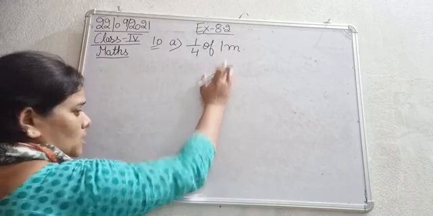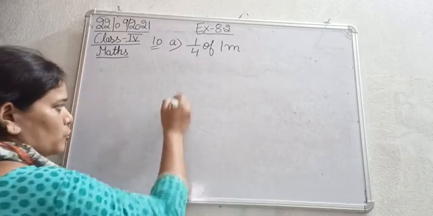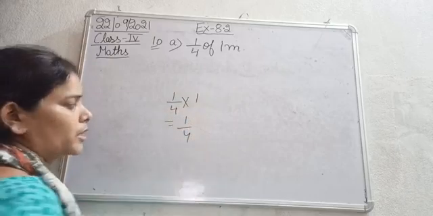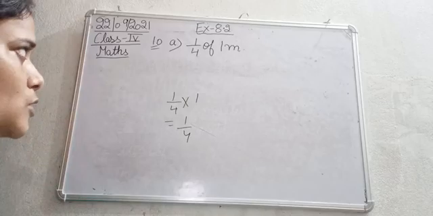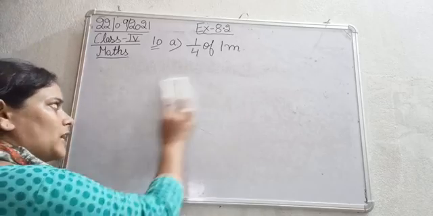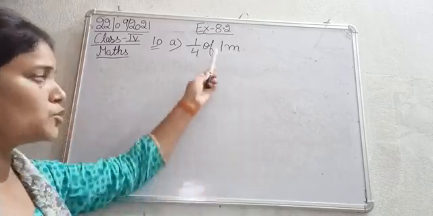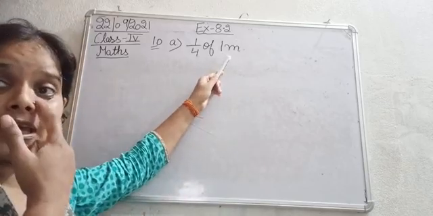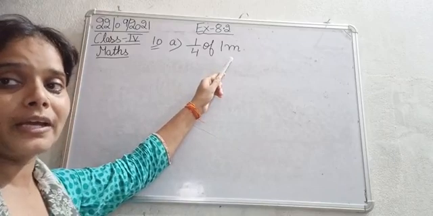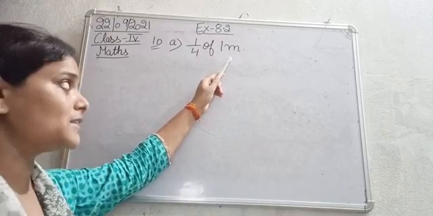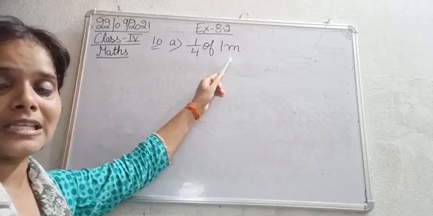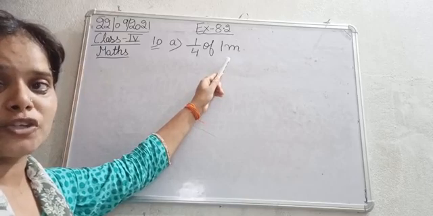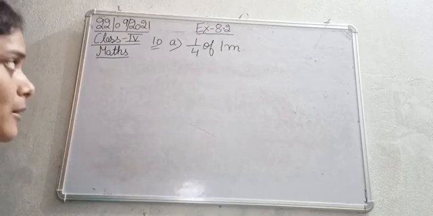Okay, देखिए 1 मीटर का 1/4 निकालना है. So if you multiply 1/4 into 1, that will be 1/4 only. When we have such a calculation with 1 meter given, suppose here it was 2 or 3 or any other number except 1, if any other measurement is given, we can directly multiply it. But here, as you can see, 1/4 meter is given. So in these kinds of measurements, we have to convert them into smaller units.